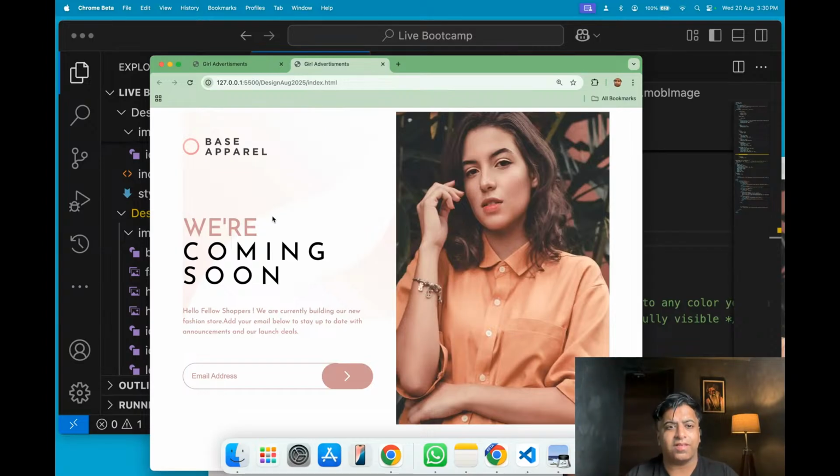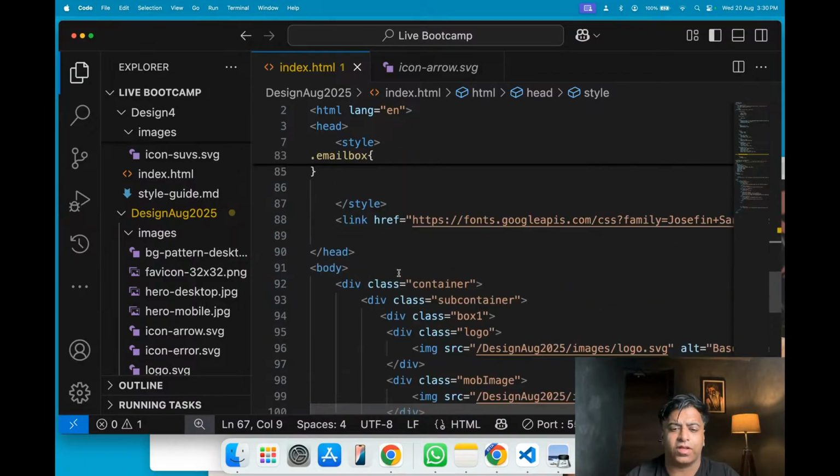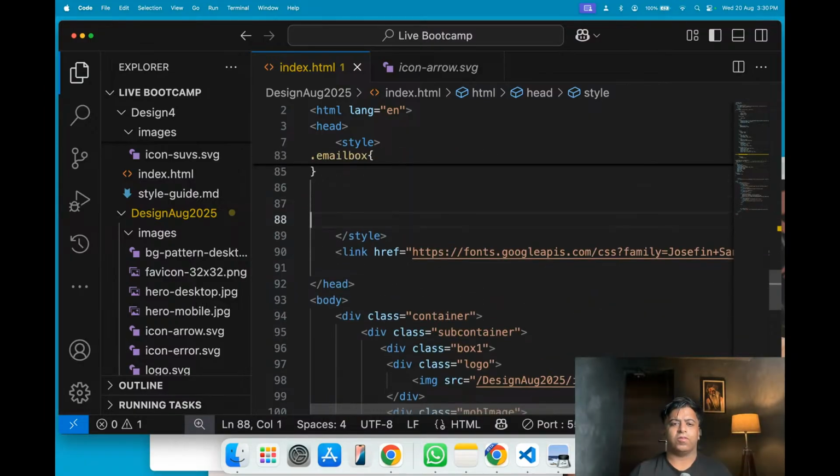So in order to make this design responsive, we need to first set the breakpoints for this. We know that we have a media query in HTML and CSS. In order to add the media query, let's check out the syntax. What we will be doing at the end of this, we will be doing